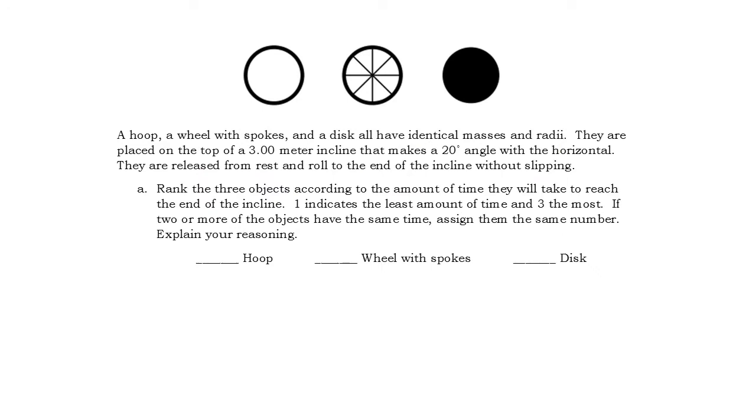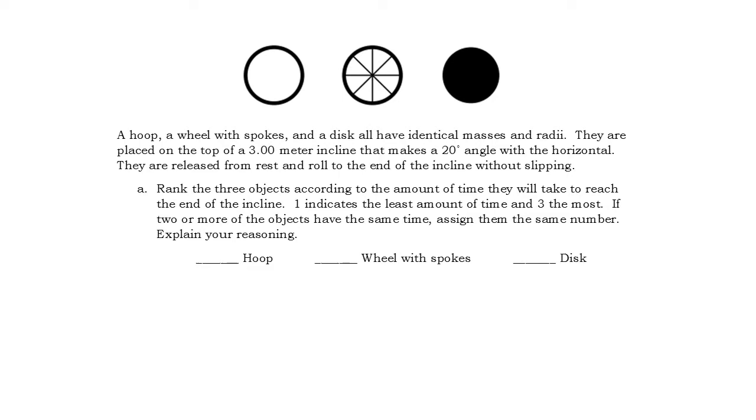Here we have a hoop, a wheel with spokes, and a disc that all have identical masses and radii. They're placed on the top of a 3-meter incline that makes a 20-degree angle with the horizontal. They're released and rolled from rest to the end of the incline without slipping. We want to rank these three objects according to the amount of time they will take to reach the end